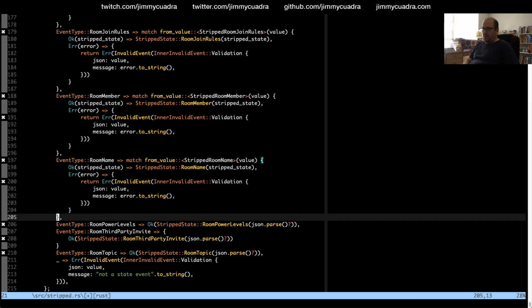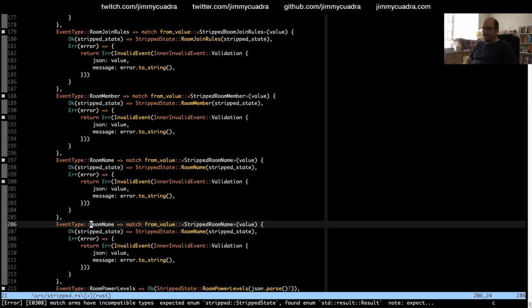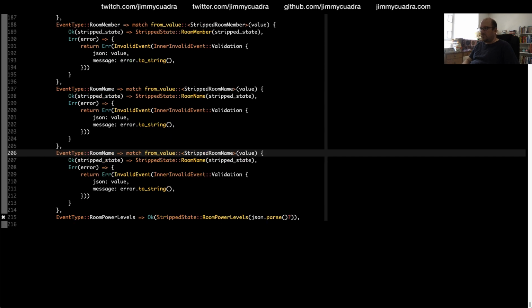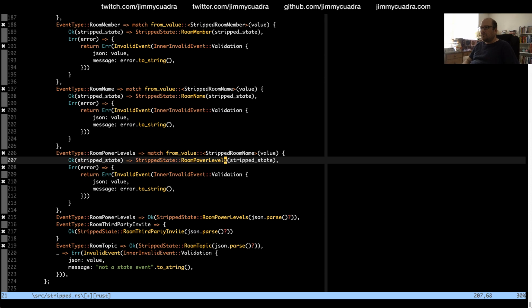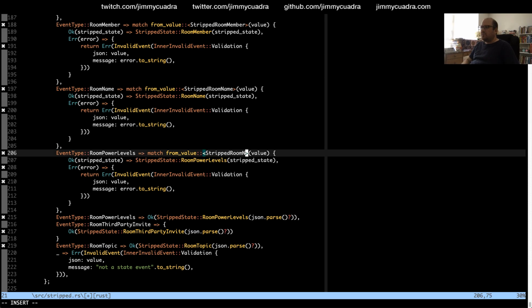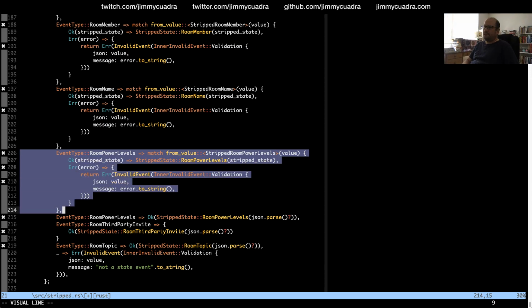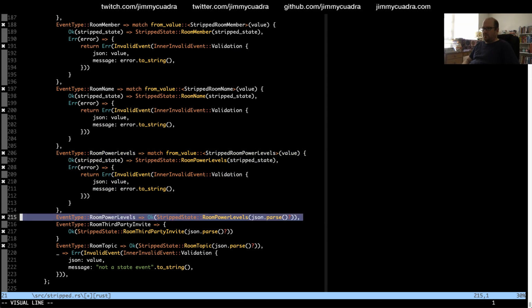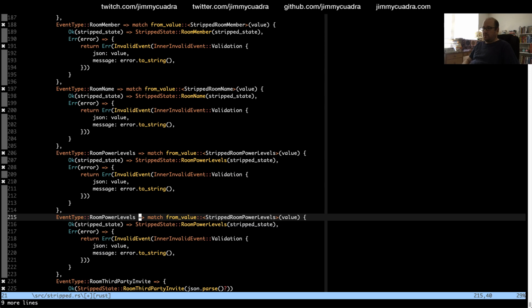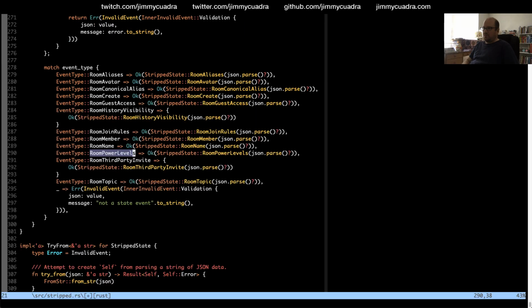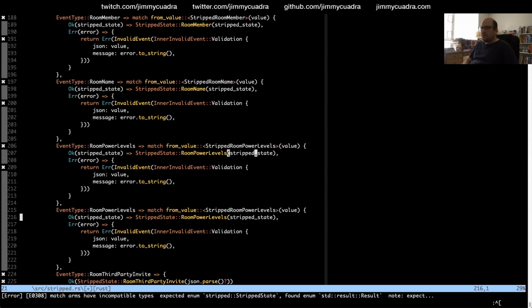Okay. Let's see. Room power levels. Whoops, what did I just do? Stripped room. Power levels. Whoops. What did I just do?